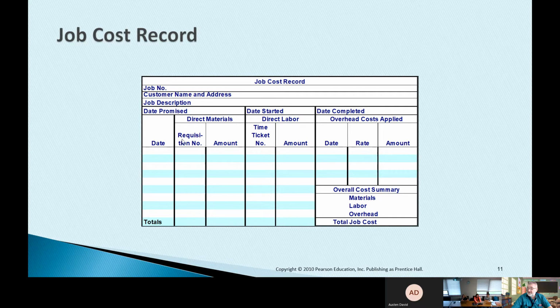So direct materials, if I'm the guy who's building the boat, I've got to keep track of what materials I've put into this thing. I also have to keep track of my direct labor. How much labor went into working on this, and then